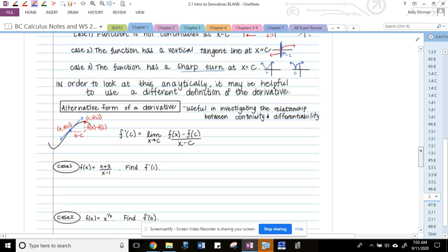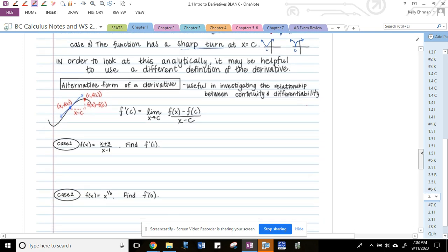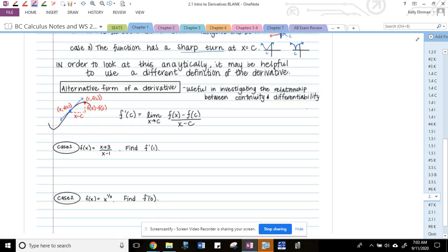What if we're not looking at a graph? To look at this analytically, we might want to look at alternate definitions of a derivative. This is useful if you're looking at some sort of relationship between continuity and differentiability. If I put everything in terms of C, let's say C is the other point on the curve of a secant line, and as x gets closer and closer to C, the secant line becomes close to a tangent line. All right. Limit as x approaches C of f of x